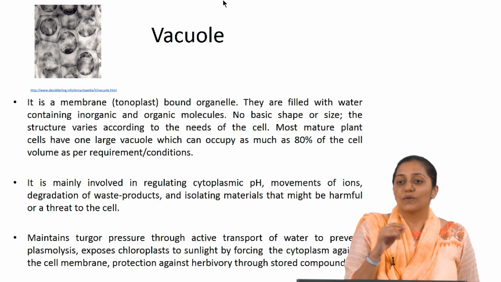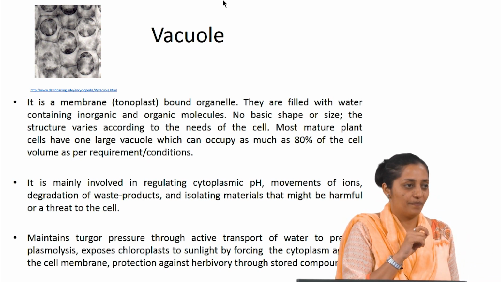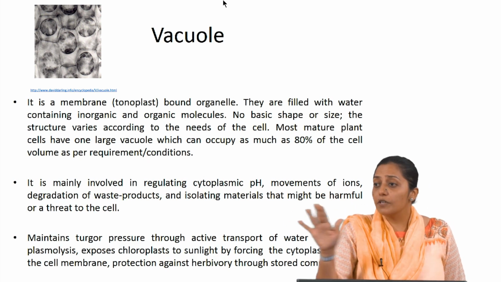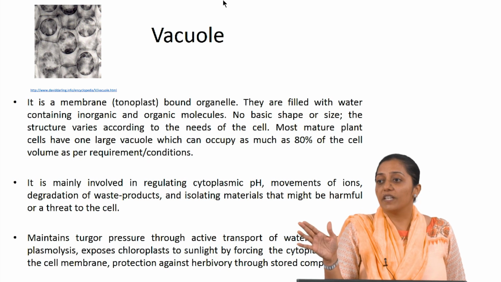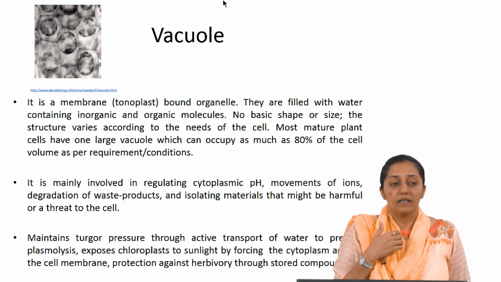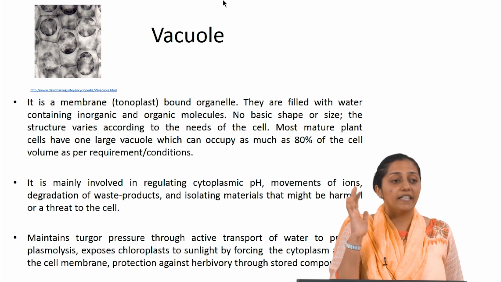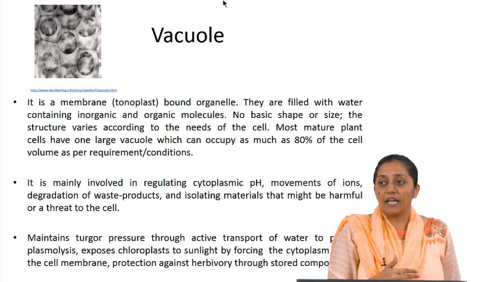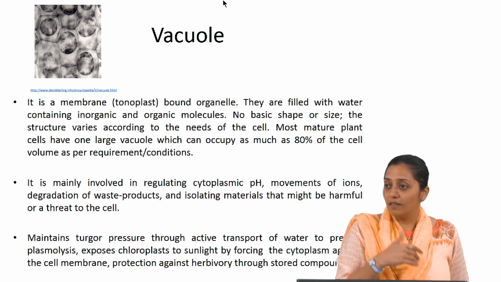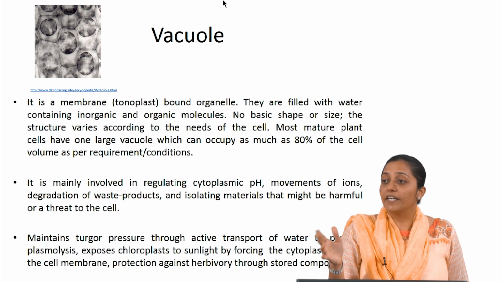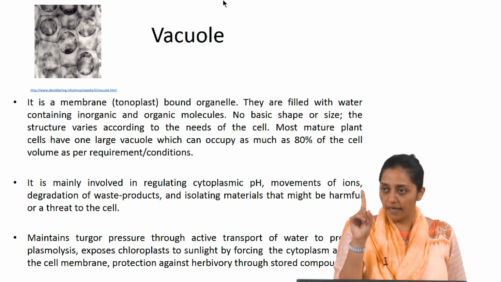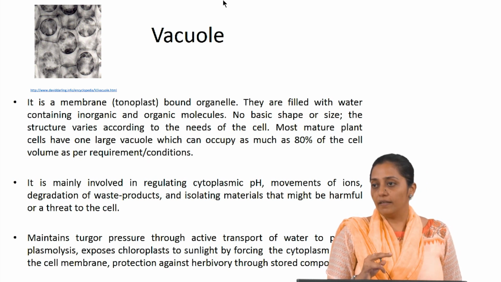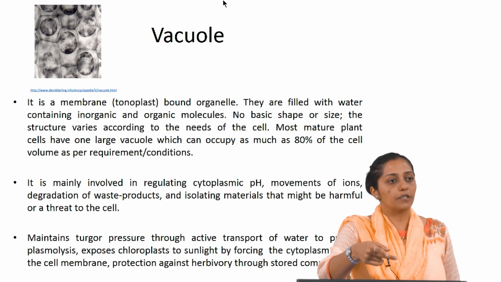Very nice. So it has a membrane called the tonoplast. The tonoplast is very rich in a number of diverse proteins. These proteins are transport proteins, very different, varied kinds of transporters, can be simple proteins through active transport, can be ion transporters, can be channel proteins. So there are many different kinds of proteins in this tonoplast, which is a single layer around the vacuole, which helps in the selective movement of the molecules from the cytoplasm to the inner.